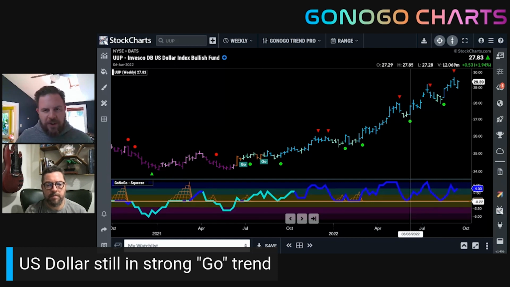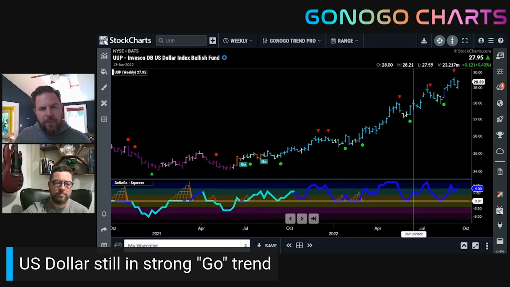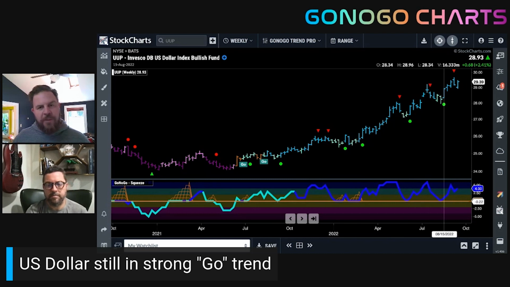So looking at the GoNoGo oscillator in the bottom panel, when we see a surge in positive momentum between 0 and 6, positive momentum is putting wind at the back of this price trend. So we're already in a go trend, and we see the oscillator come back to test the zero line. So momentum surges and then retreats, and it comes back to neutral, but it doesn't break into oversold or negative momentum. It doesn't break through that zero line. So every time we find support at 0 and then surge back into positive momentum, we know that the price velocity, the move of that trend, is confirmed by momentum, and that's a great place to pyramid into our position.